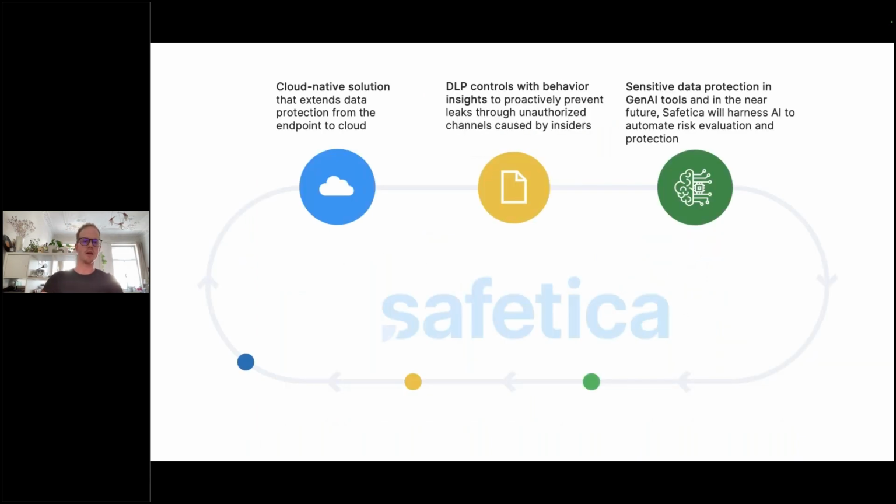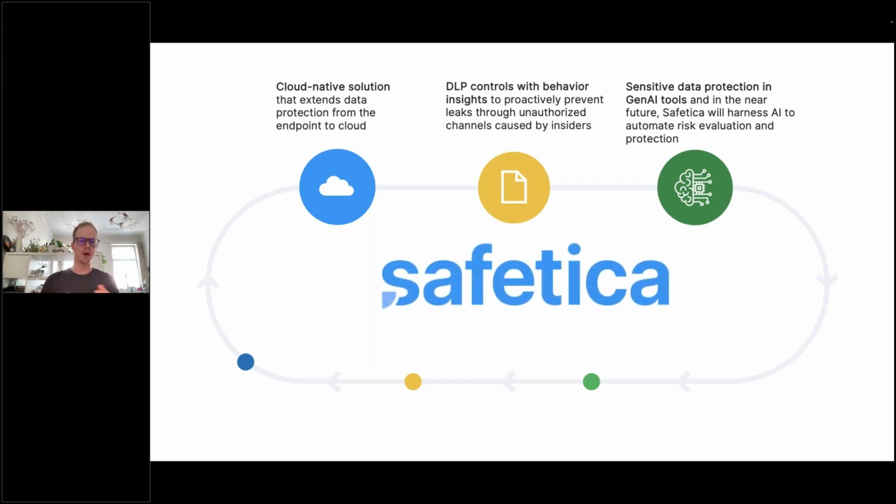But when it comes to Safetica, we do have our cloud native solution that extends the protection from the endpoint up into the cloud. Again, I'll go over how we go about this with the quick demo session that we'll be doing. Also, DLP controls with behavioral insight. That's what we were just talking about, where Safetica is putting the two things of DLP and insider risk management into one bundle.